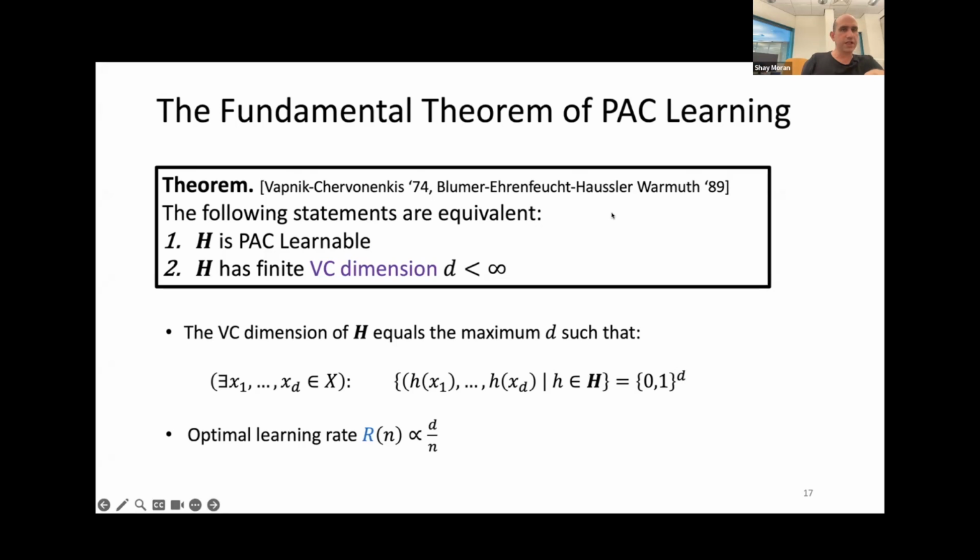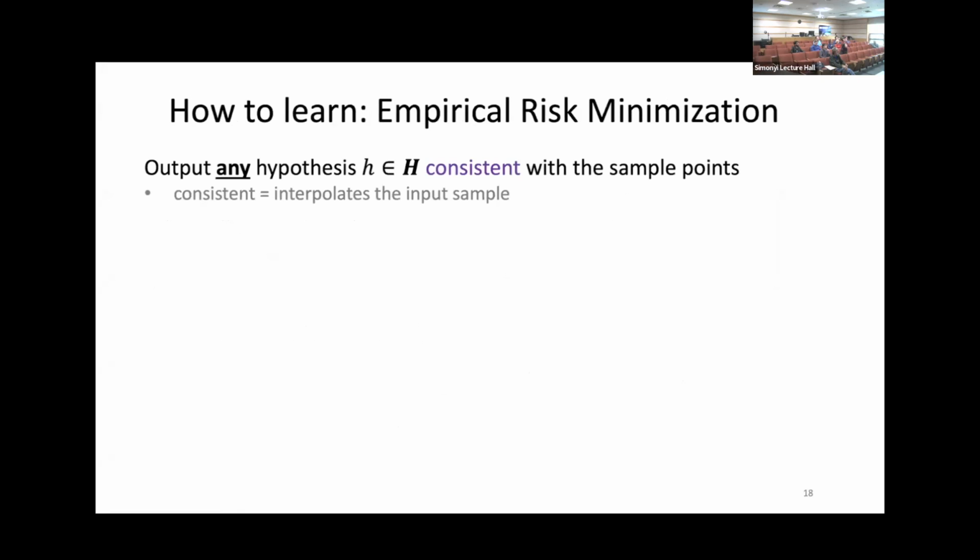So this is exactly my next slide. We have two questions: what is learnable and how? Before how, one more thing: the proof of this theorem of Vapnik and Chervonenkis uses the symmetrization argument, which is somewhat more complex than what Shay did, but in the same spirit. It's very, very clever. Yes, indeed, very clever.